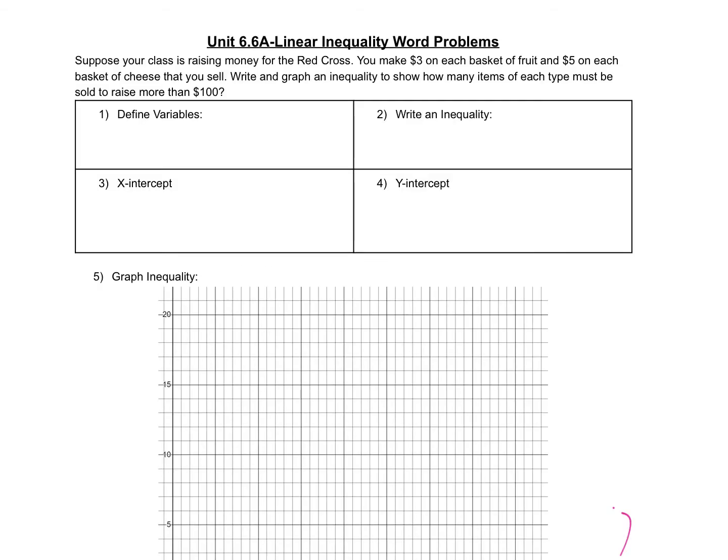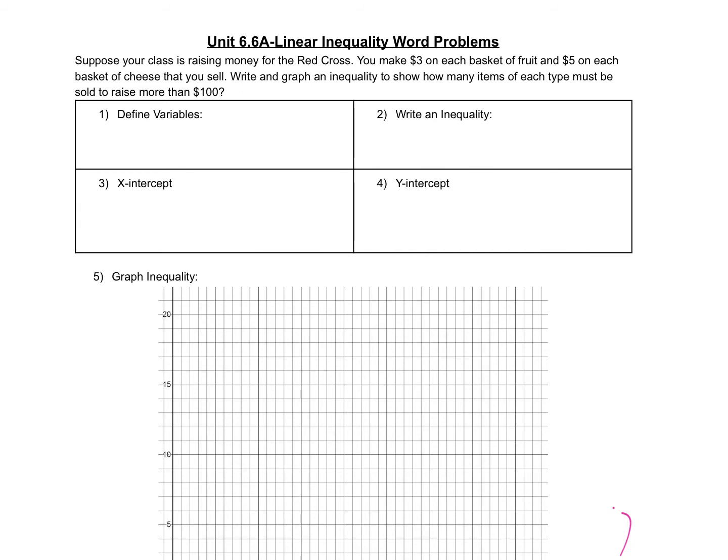The first set of examples we'll look at here are going to be working with one inequality, and we'll gradually work our way up to two inequalities and working with our systems. But if we look at this first one, suppose your class is raising money for the Red Cross. You make $3 on each basket of fruit, $5 on each basket of cheese. Write and graph an inequality to show how many items of each type must be sold to raise more than